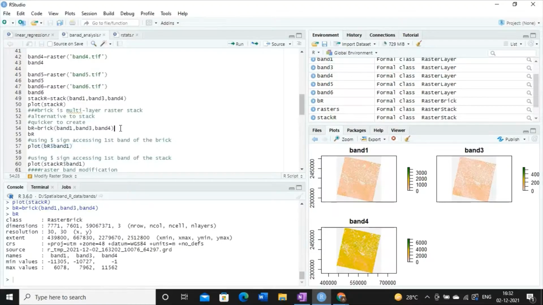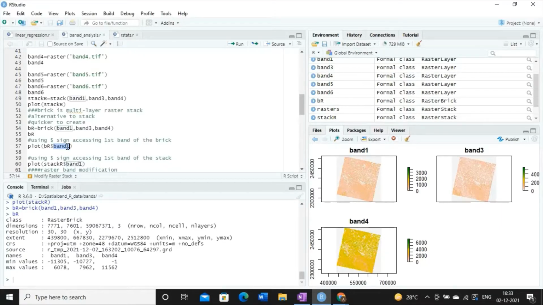At this point of time, I have created one stack with 3 bands, meaning band 1, band 3 and band 4 are piled up together. But if I want to pick up any one band from this stack, you have to write the variable in which you have the stack, then dollar sign and then the band name that you want to pick. Now what is the meaning of dollar sign over here?